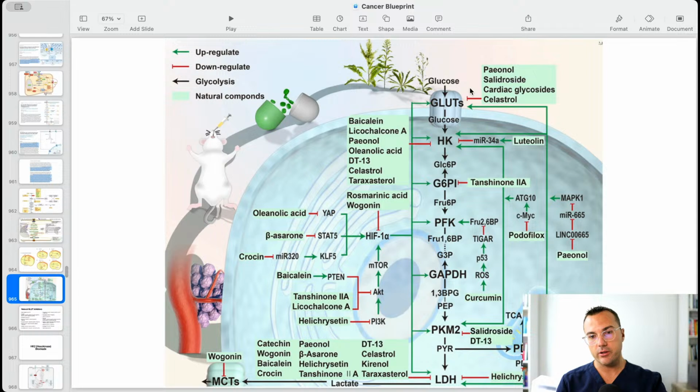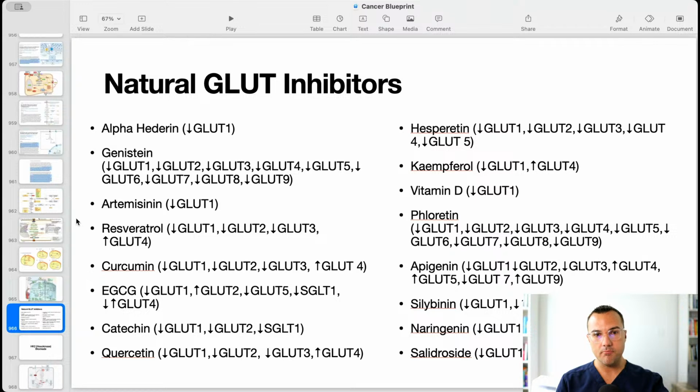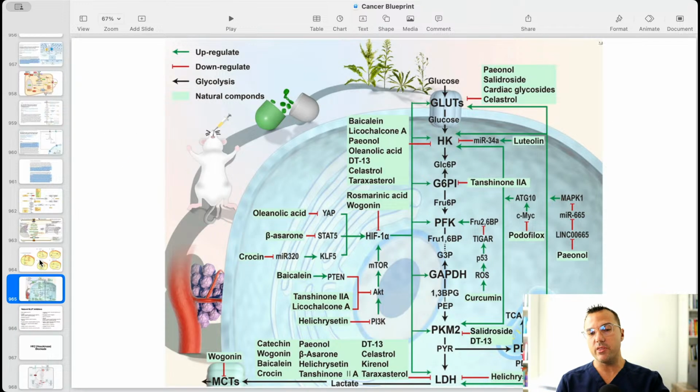Again, I have tons of graphics like this, okay? This is probably not even an exhaustive list of the graphics that I'm able to find in the literature, which are amazing, and it really helps me start to check these off the box, right? So what I was able to do is I took all those graphics in addition to other graphics, and I basically made this natural GLUT inhibitors sheet. And I took the ones that were in the most graphics, I guess you'd say,